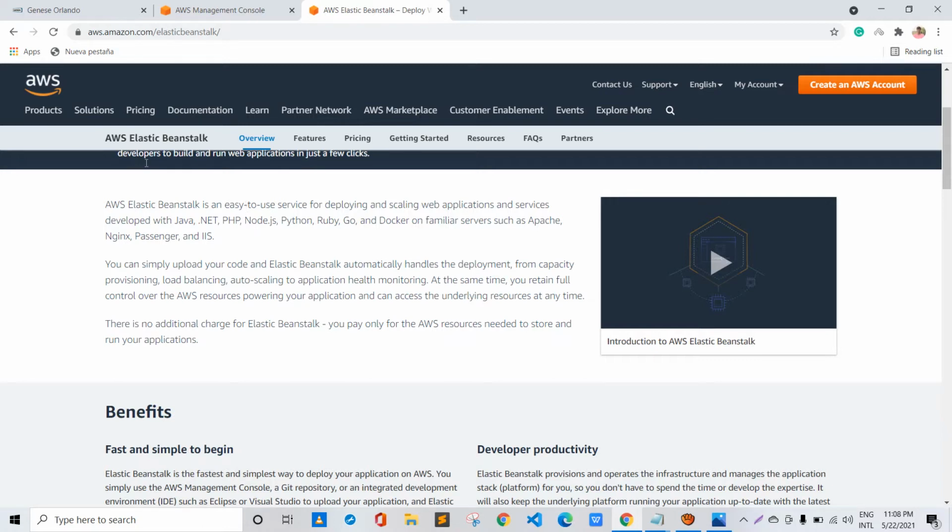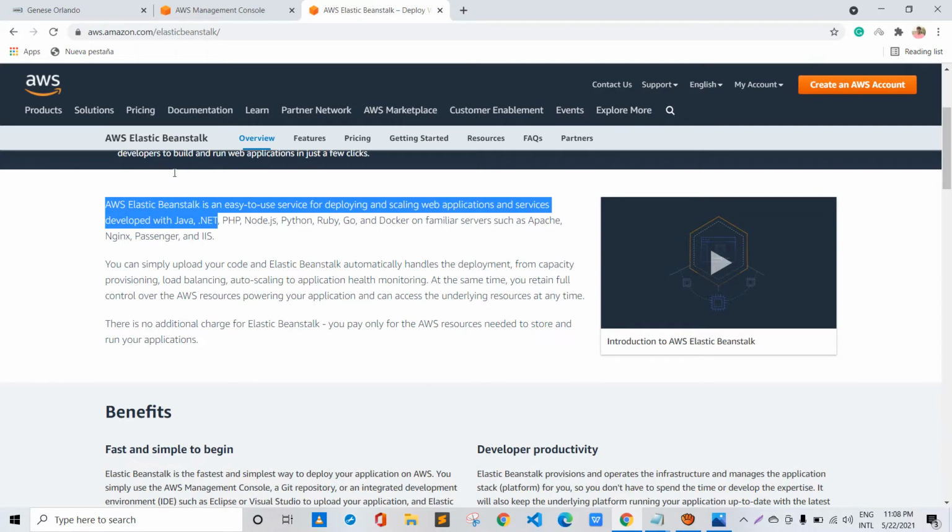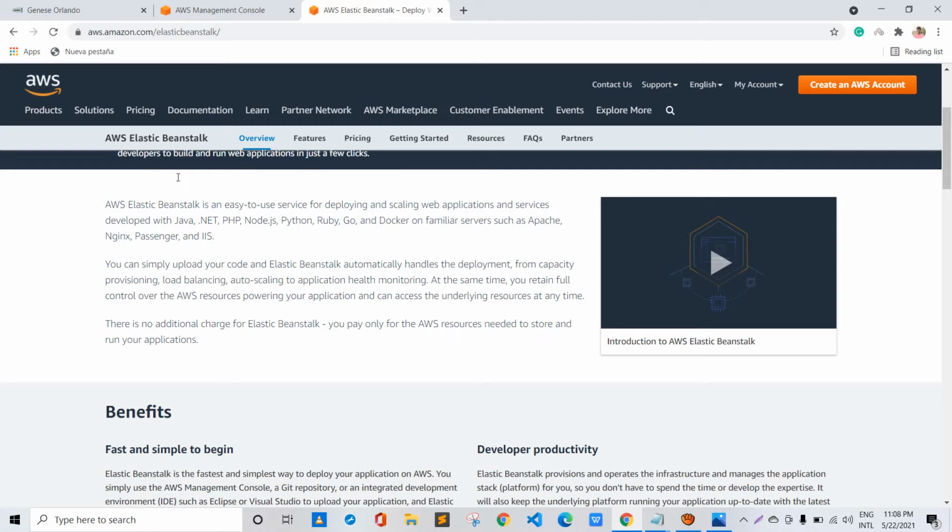So as per the AWS Elastic Beanstalk documentation page, it says that AWS Elastic Beanstalk is an easy to use service for deploying and scaling web applications and services that are developed using certain programming languages such as Java, .NET, PHP, Node.js, Python, Ruby, Go, and Docker, using web servers such as Apache, Nginx, Passenger, and IIS that's related to Windows.